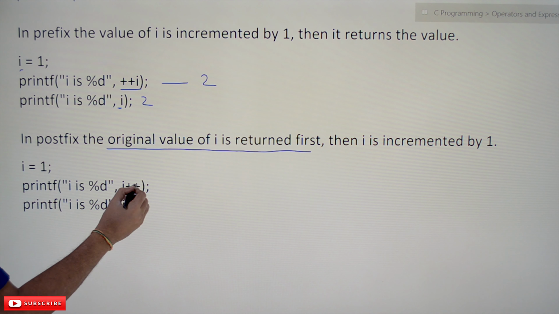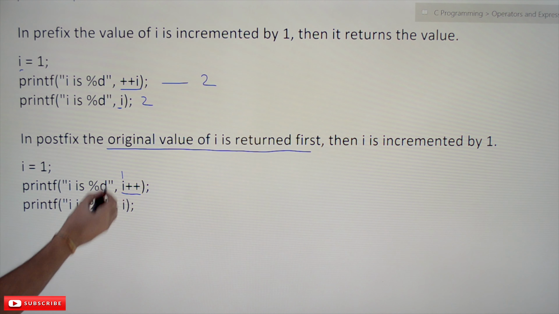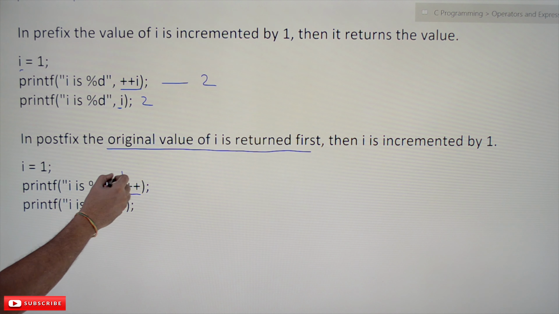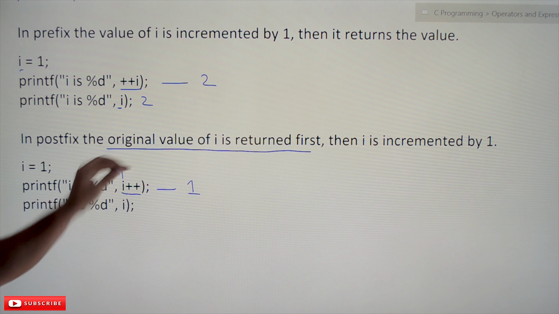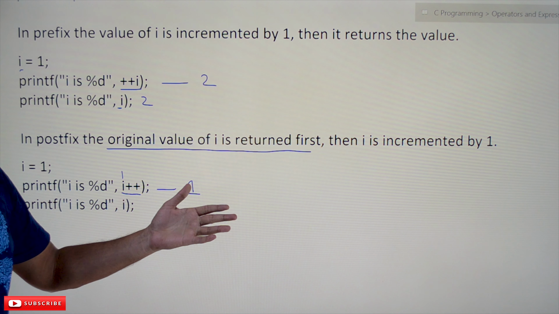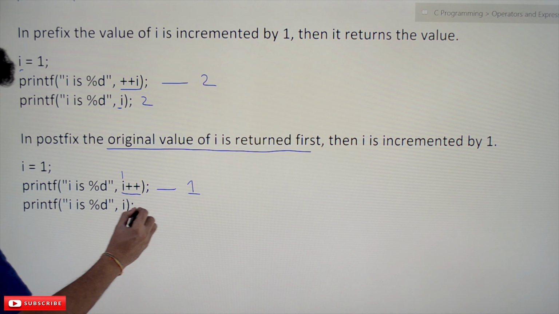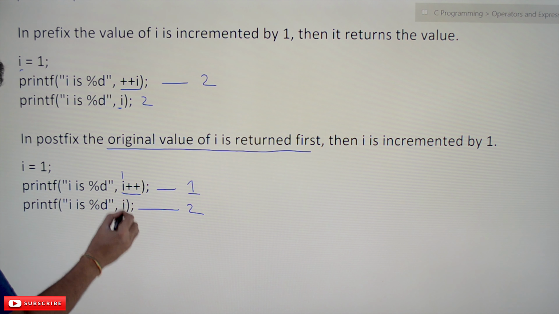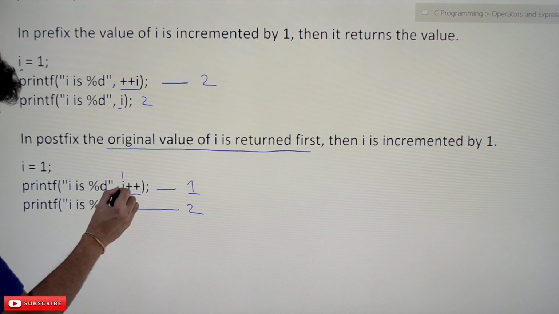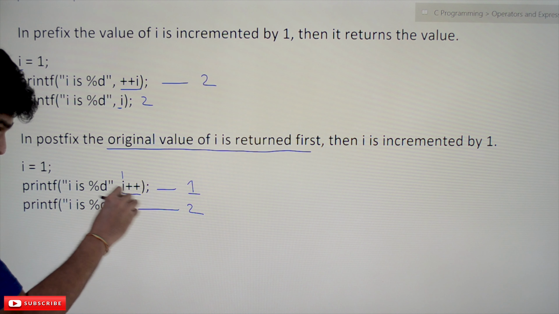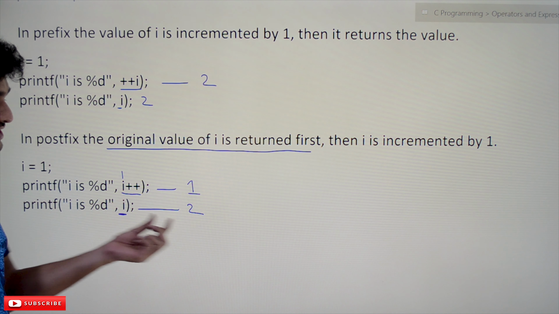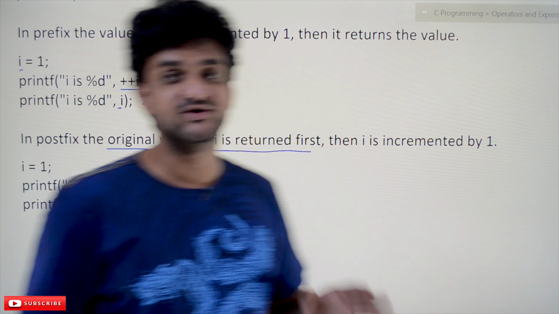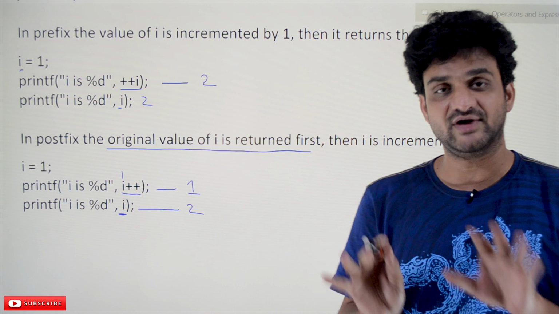So what is the original value of i? 1 is used first, and after using it, i will get incremented. So i is used in this place, and after that it will get incremented. Whenever we use it afterwards, then the new value, 2, will get printed. This is how the postfix operator evaluation works.